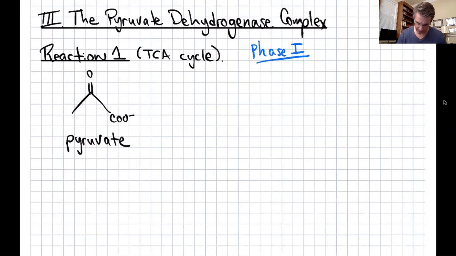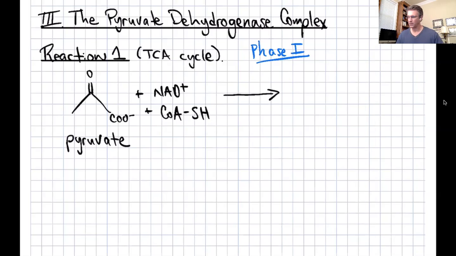And that's going to involve taking some NAD plus, and some reduced coenzyme A, right? And using these guys to create